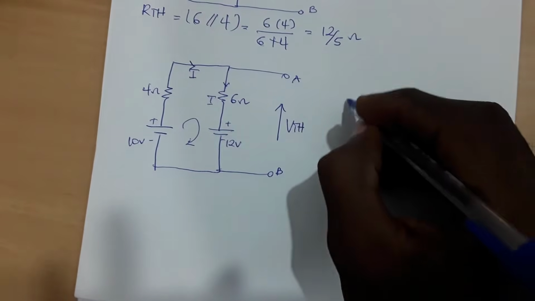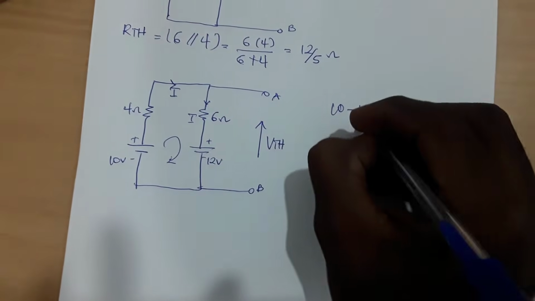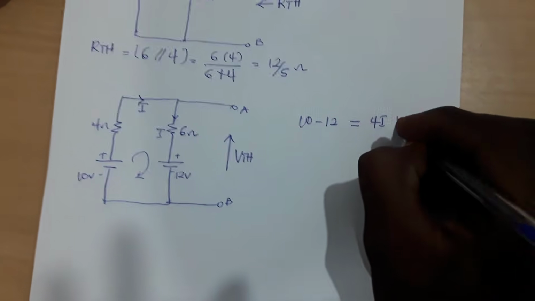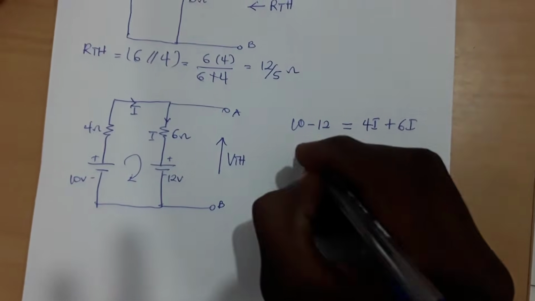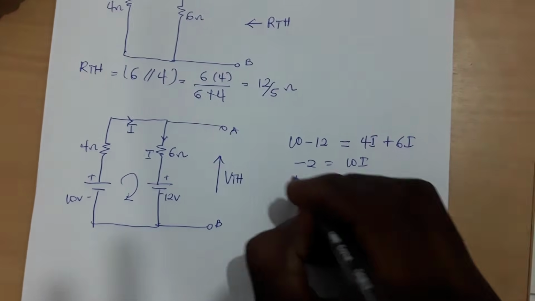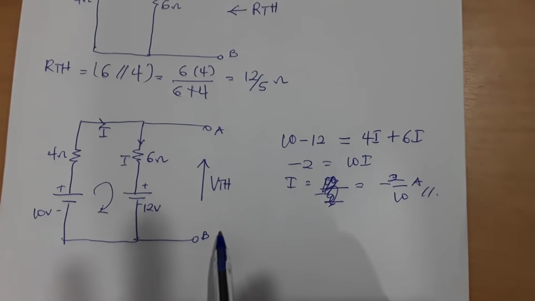So writing an equation for the I, using KVL, going this direction, we have 10 minus 12 should be equal to 4I plus 6I. We will have minus 2 here, and 10I, and our I will be equal to minus 2 over 10. Then we can write an equation for VTH